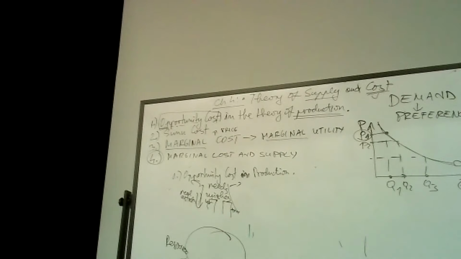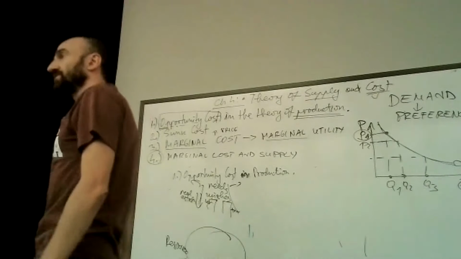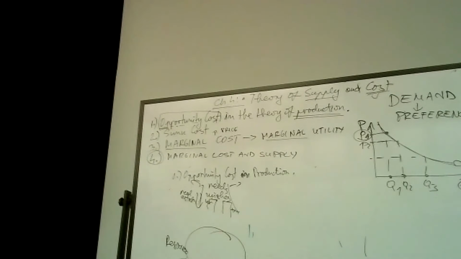Okay, so in the economic sense, you see that the opportunity cost applies to the theory of production as well. So the true cost of production is the value of goods that could have been produced by using the same resource. That's the cost. The cost is not something that is objectively known in advance. The cost is just the value of other things that could have been produced by using the same resource. You see, again, the same concept as in our consumer